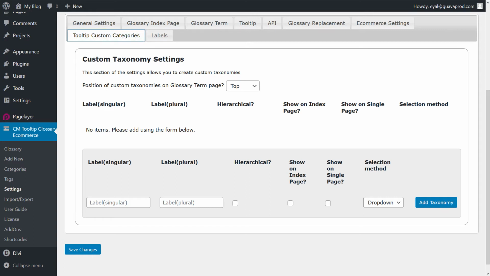To create a custom taxonomy, go to Admin Panel, CM Tooltip Glossary, Settings, and click on Tooltip Custom Categories. The options for each taxonomy are labels, both singular and plural, hierarchy, display on index page, which means shows on the glossary page, and display on single page, which means shows